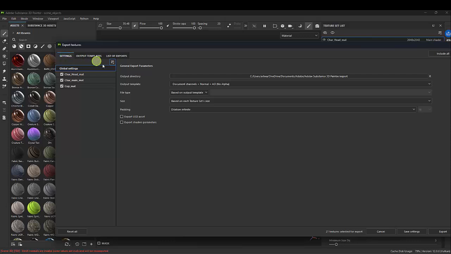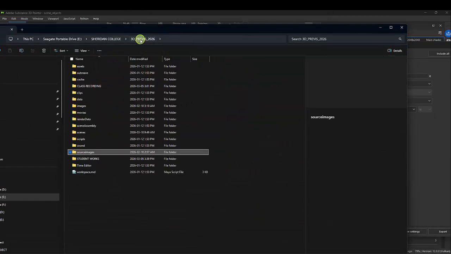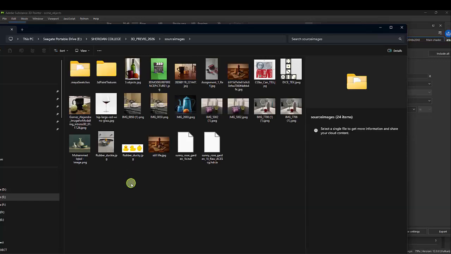All right, and I want you to output template. Where do you want to save this file? Where do you want to save the textures? Okay, where do you want to save it? Well, I want to save this here. I'm going to click here. I'm going to create a folder,